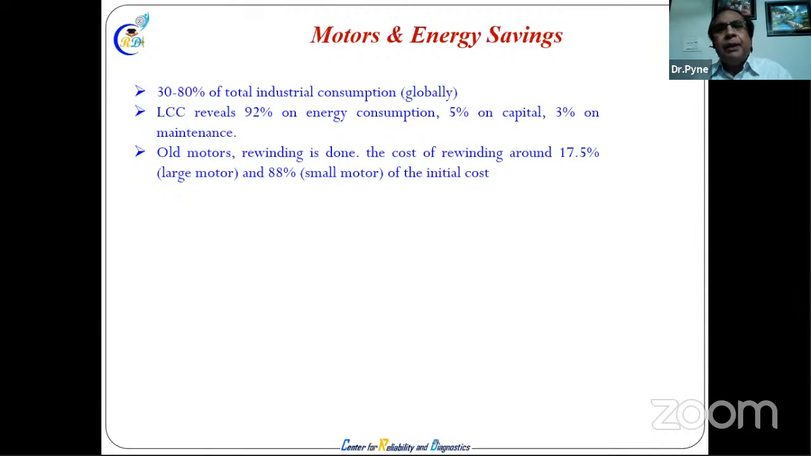You cannot wind the motor the way it was in the factory when it was shipped to you. So that is possible. In a large motor, about 18 to 20% of the initial cost is the winding cost of rewinding. Rewinding is done on old motors. That is very dangerous for the